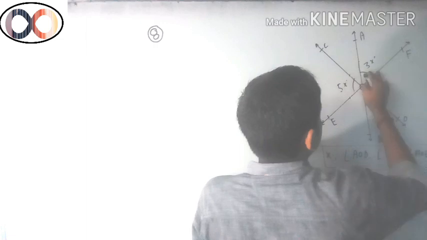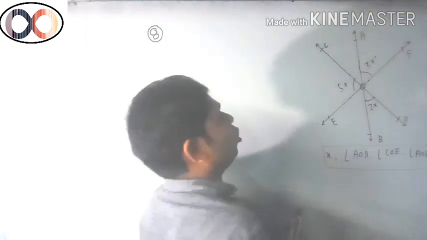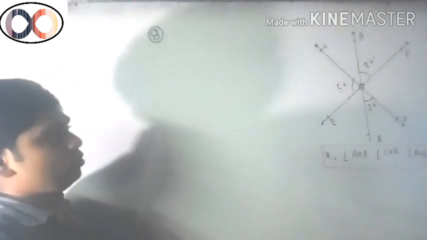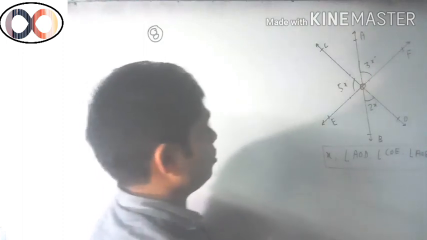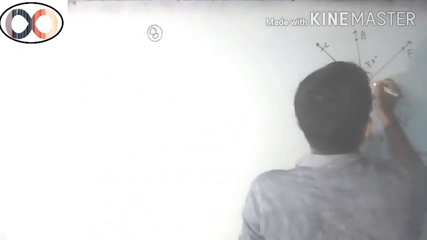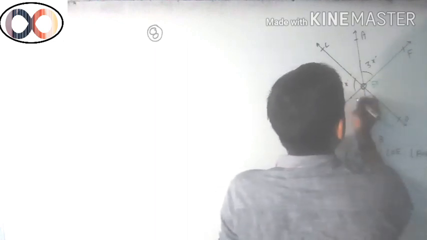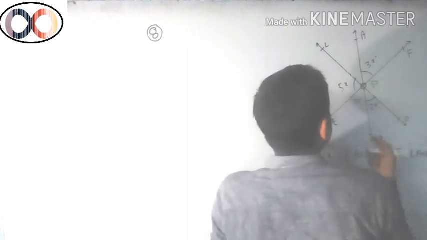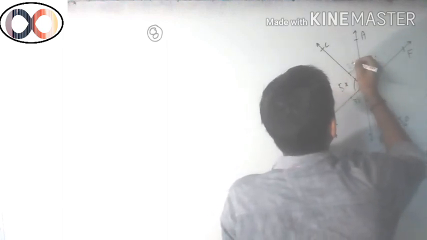And here is 3x, so this is also 3x degrees. If we add all of the angles, it must equal 360 because of the complete angle. First of all, you can solve directly, or you should write some things. Here, this is 5x degrees due to vertically opposite angles, this is 3x degrees, this is 3x because of vertically opposite angles, and here is also 2x degrees. So students, you must write the statement.